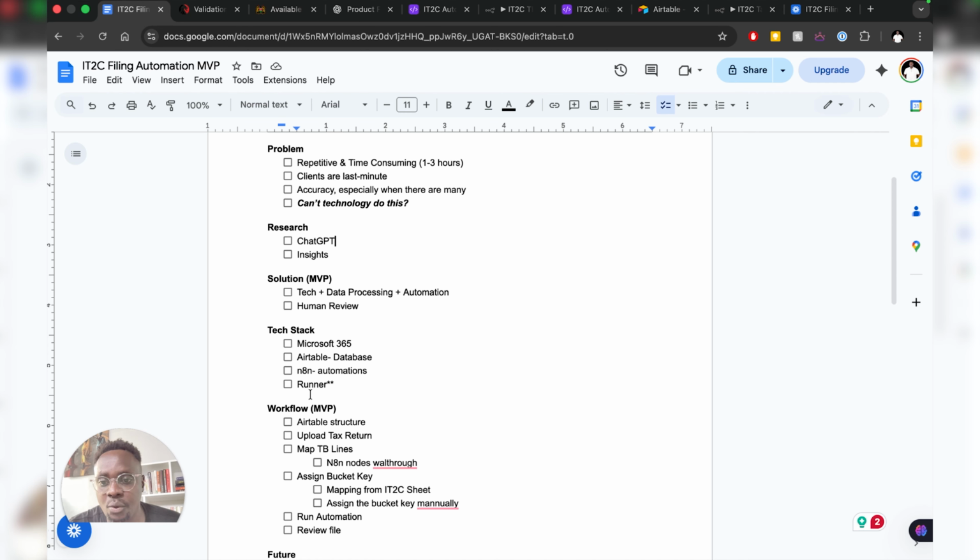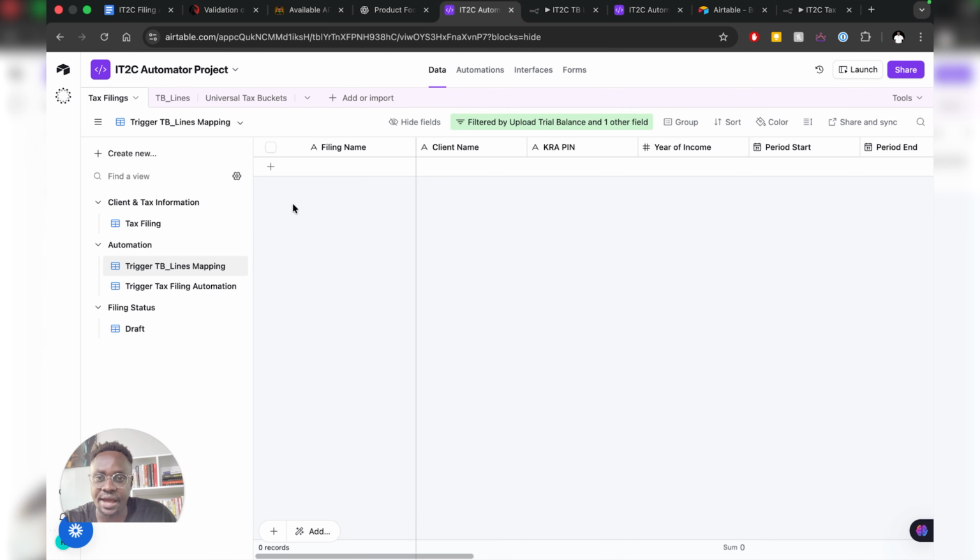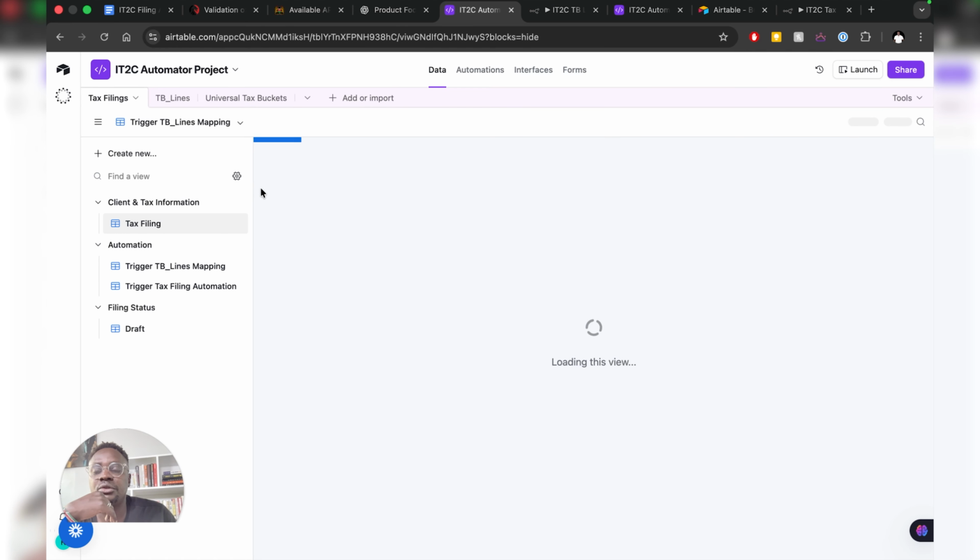So that's the simple tech stack. Now I just want to jump into the workflow of this MVP and how it looks. What does the workflow look like? I want to walk you through the Airtable structure based on the tech stack that we're using. Airtable is our database, and there are 3 tables that I've put in as a structure that enables this workflow to do what it's supposed to do. The first table is called the tax filing. This table basically holds all the returns that you're handling. So if you have multiple clients, or multiple companies you're dealing with, this table is what holds all those